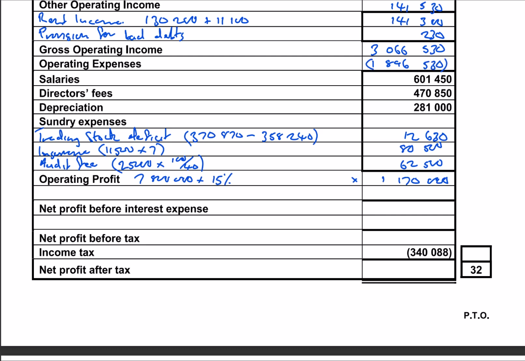Right, to get our sundry expenses, basically to get this, we subtracted gross operating income minus operating profit to get total operating expenses. Now to get sundry expenses, we need to subtract all the other expenses from the total expenses. So that's